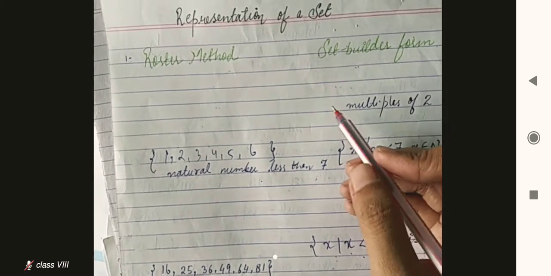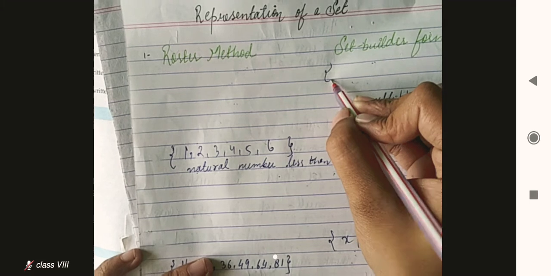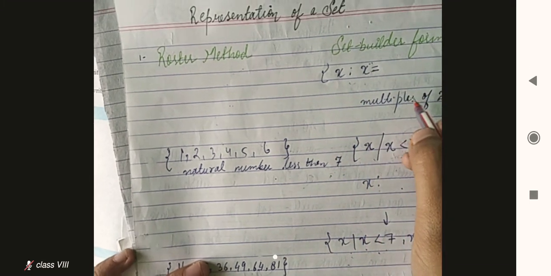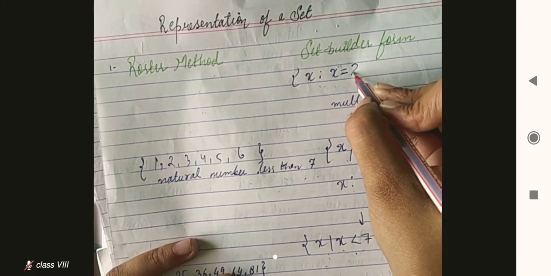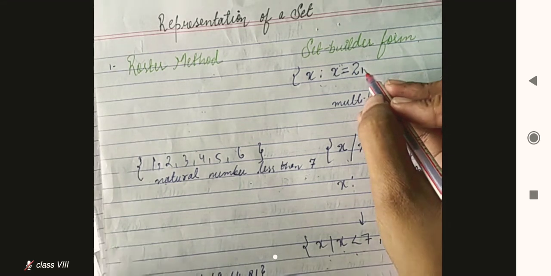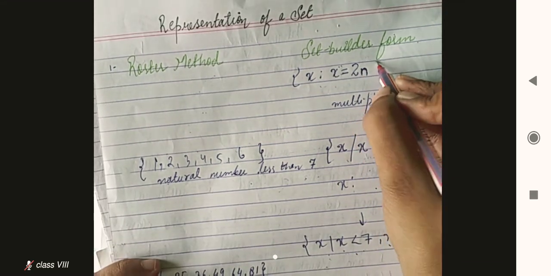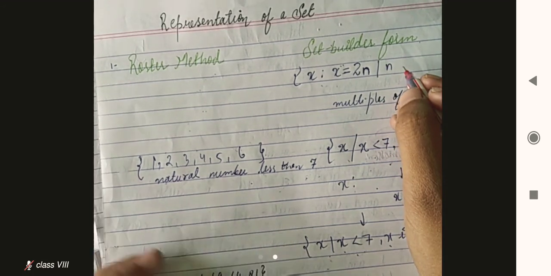So let's see here this statement is given: multiples of 2. How will you make a set builder form? X such that x is equal to what? Multiples of 2 means what? It means it can multiply with 2. So you will write here 2, and you can take any other variable. So 2n, what is n? N is any number. You can say n is a number,